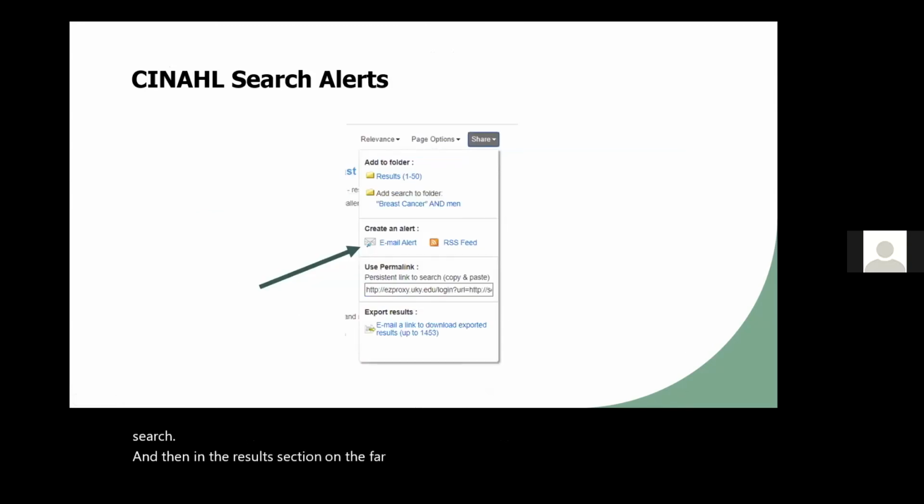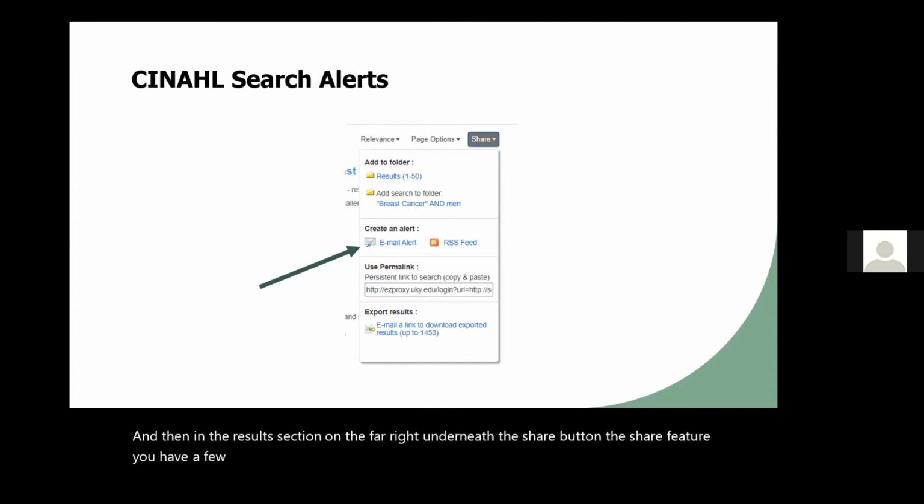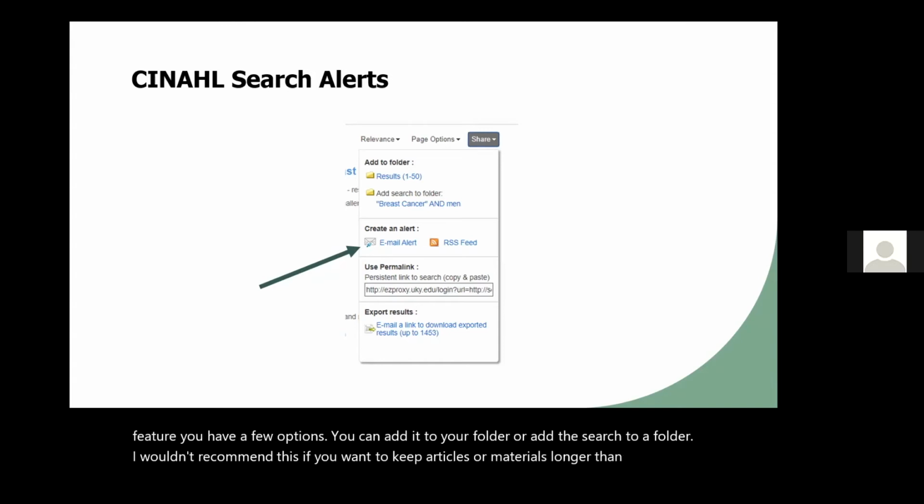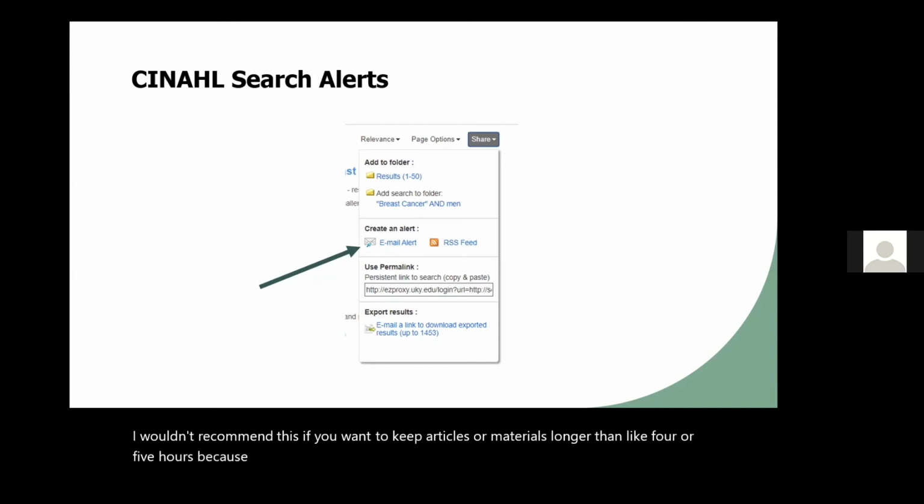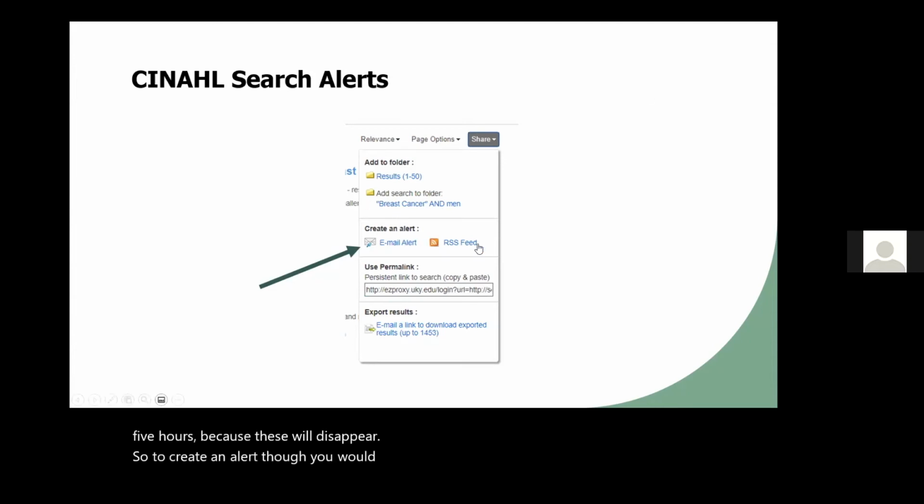the share button, the share feature, you have a few options. You can add it to your folder or add the search to a folder. I wouldn't recommend this if you want to keep articles or materials longer than like 4 or 5 hours, because these will disappear. So to create an alert though, you would go underneath create alert and hit the email alert